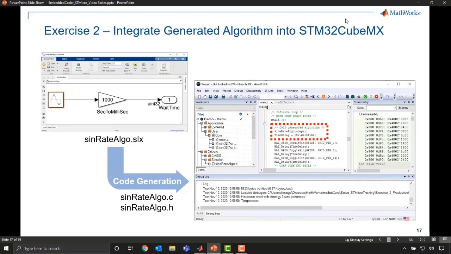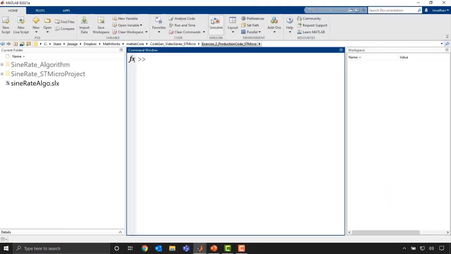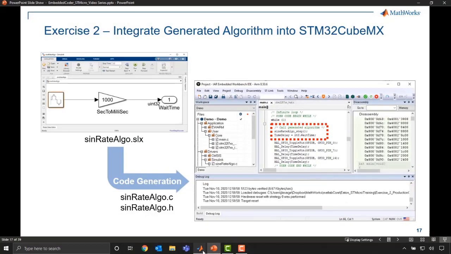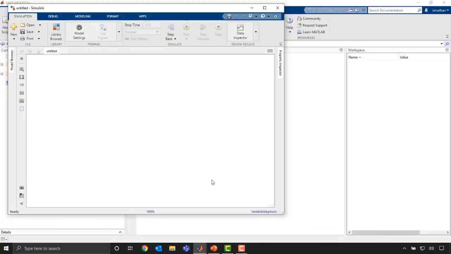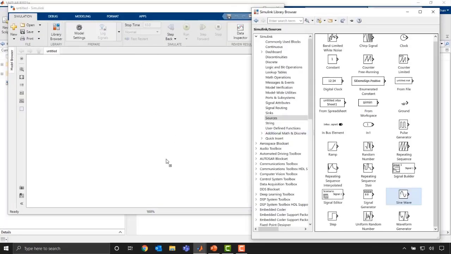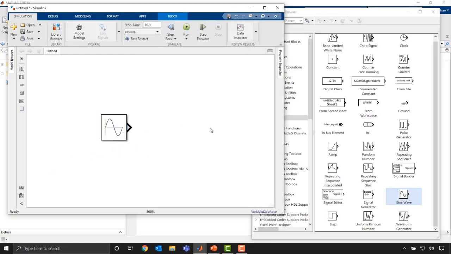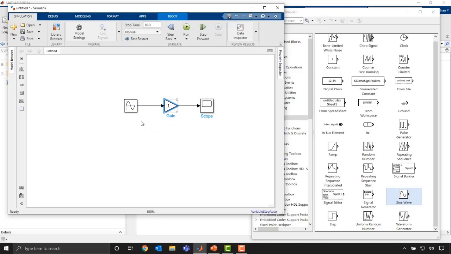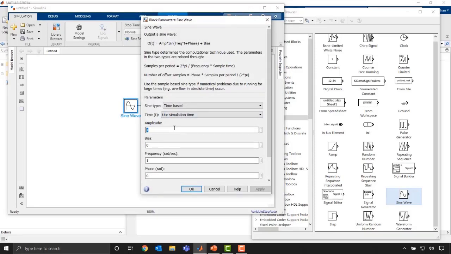So I'm going to build this model from scratch. I'm going to launch Simulink here, create model, and from here we can start to actually put this model together. The way we're going to do that is we're just going to grab the components we need: the sine block, gain, and maybe for some quick prototyping, I'll add a scope. And just to get started, I'm going to adjust these parameters to something that I know will get the LED to blink at a reasonable rate and values.